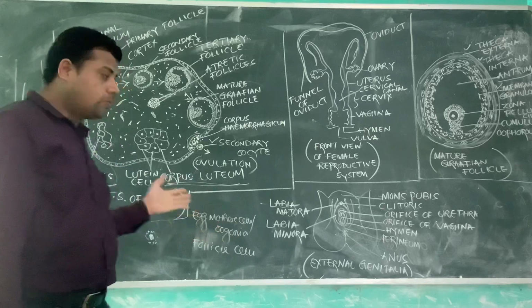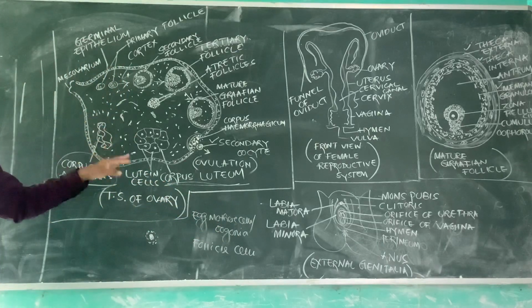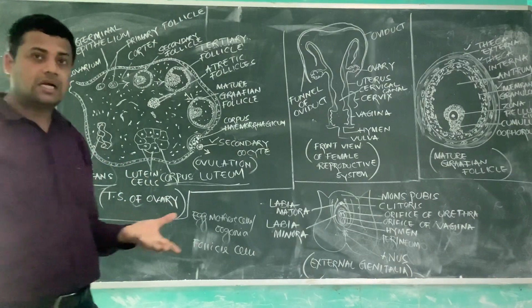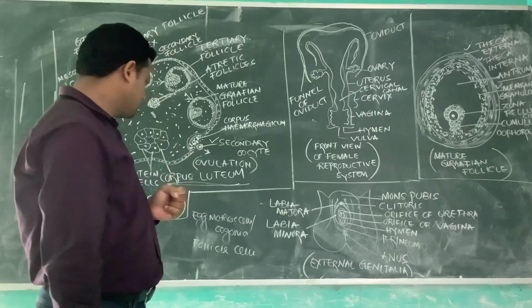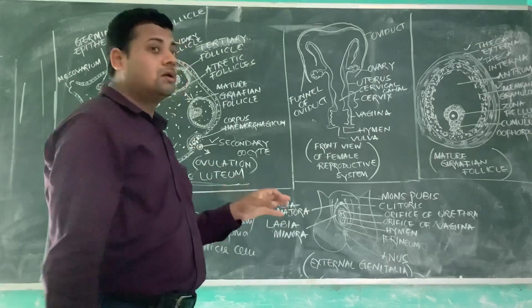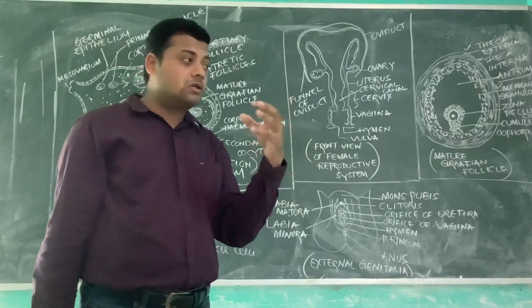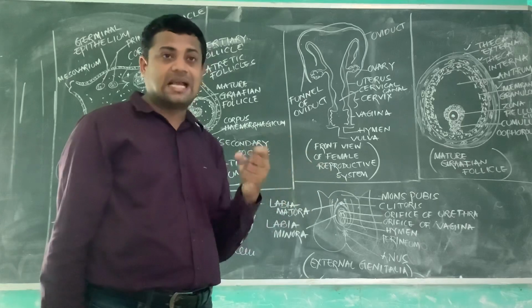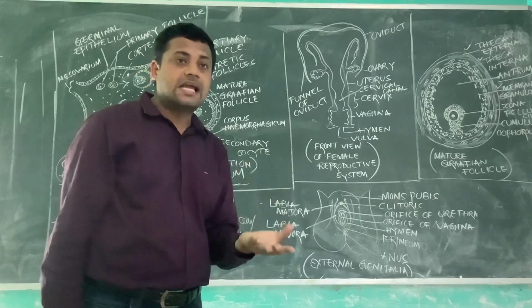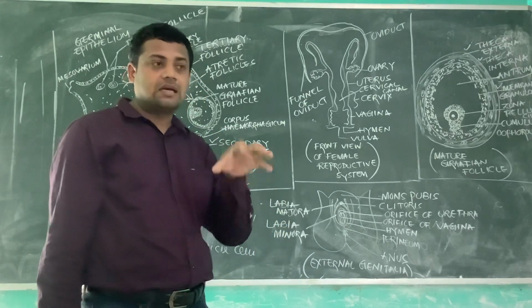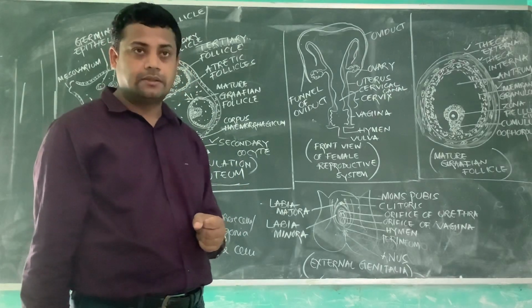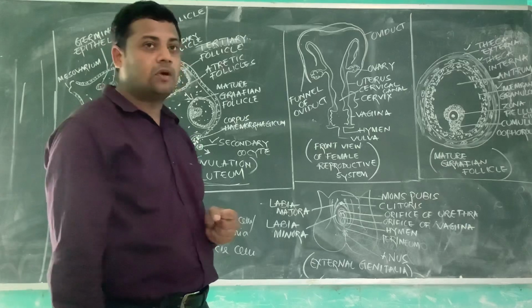The next hormone is progesterone, also secreted from the corpus luteum. That is the pregnancy hormone, which helps in the implantation of the embryo and also the continuation of pregnancy. Another hormone, relaxin, is also secreted from the corpus luteum. According to its function, it is named relaxin because it relaxes the skeletal system, mostly the pelvic girdle, at the time of parturition or childbirth for a normal delivery of young ones.